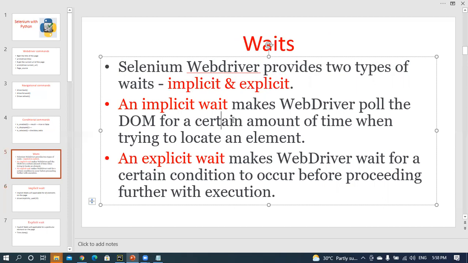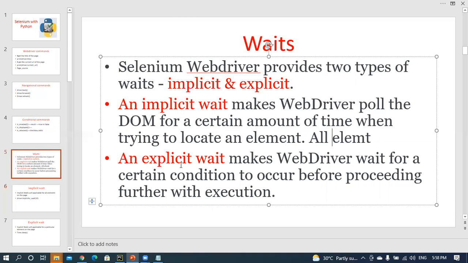What is the implicit wait? Implicit wait makes the WebDriver hold the DOM for a certain amount of time when trying to load the element. This implicit wait is applicable for all elements in a particular web page. That is an implicit wait.